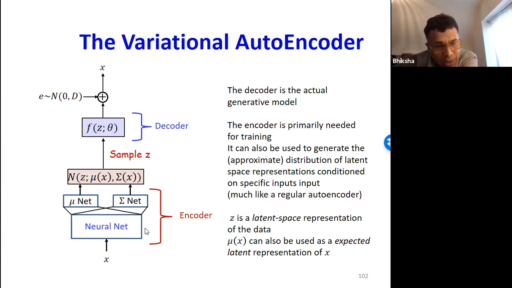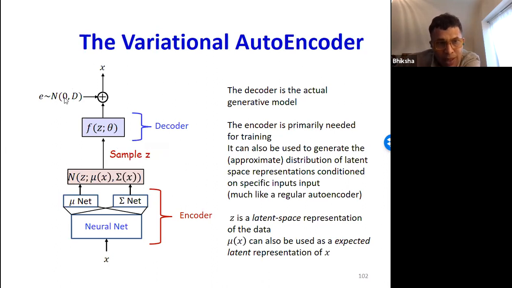So you can use the encoder to obtain a distribution for the latent space values of Z. And the mean can be thought of as the expected value of the latent representation of X. So the encoder can be used to obtain latent representations Z from X.